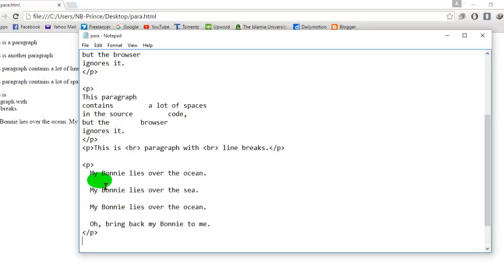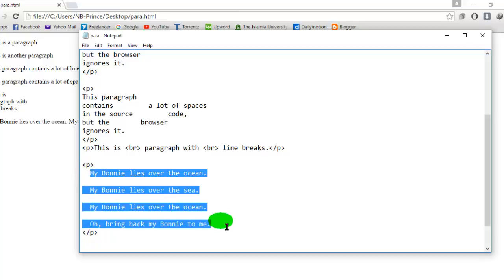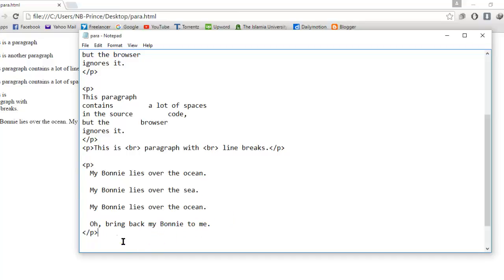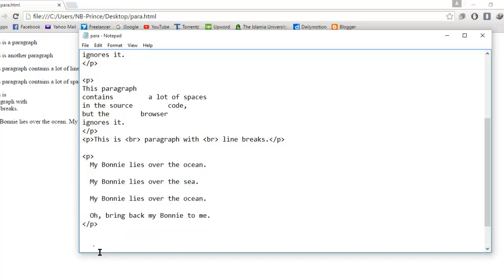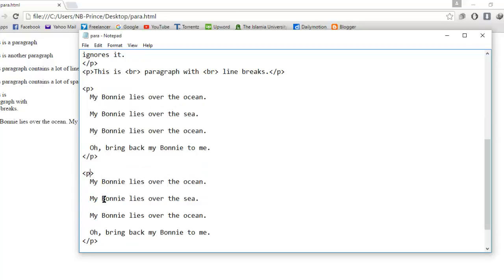So if we want to show it as it is written in the HTML text, we use a pre tag. We copy this paragraph and we'll change it to a pre tag.